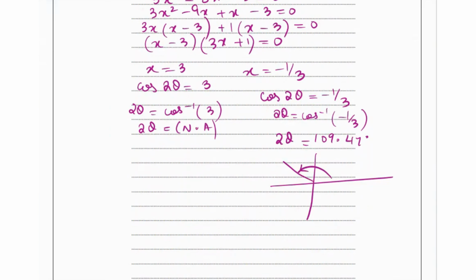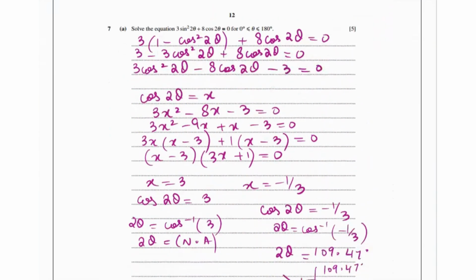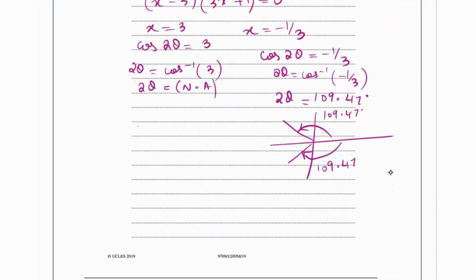That's going to be this, and then this. In the second and the third quadrant, your cos is negative. They want the angle from 0 to 180, so that's just going to be positive